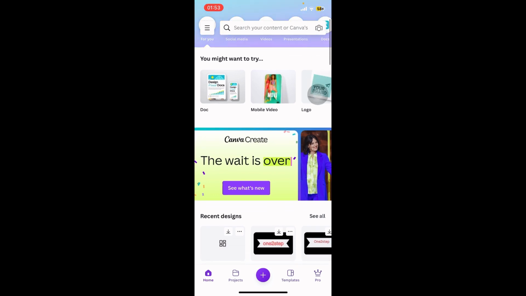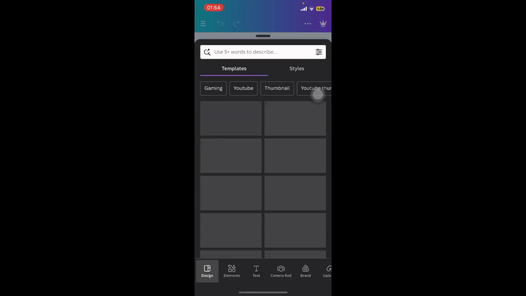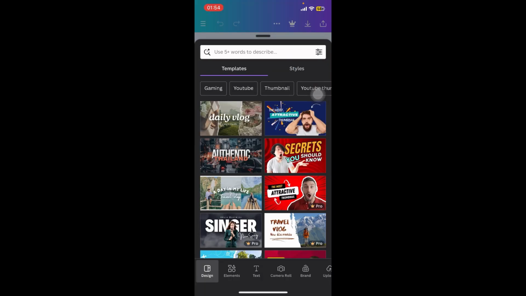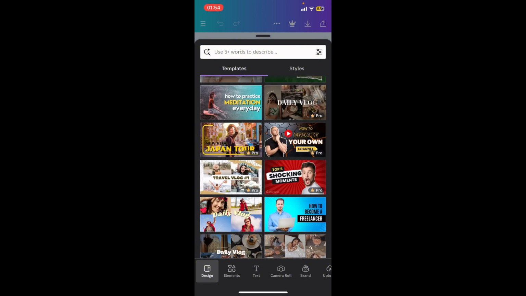Now on the screen you can see there's a small plus sign at the bottom. Tap on it and on the search bar, type in YouTube thumbnail. Select the YouTube thumbnail option and in a few seconds, Canva is going to give you some thumbnail suggestions. You can select one of these templates and add your own titles and picture, or you can select blank canvas